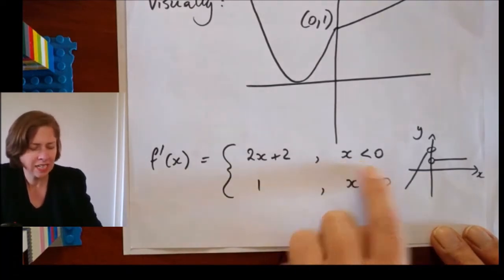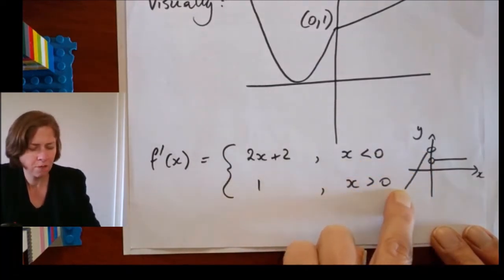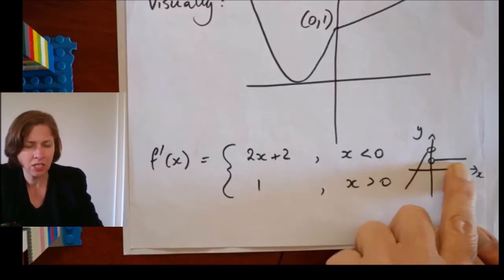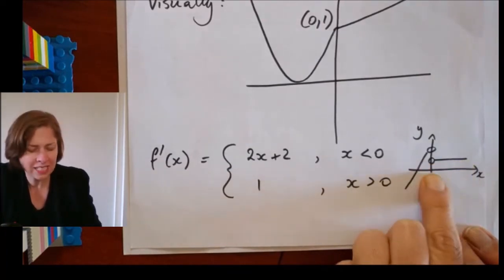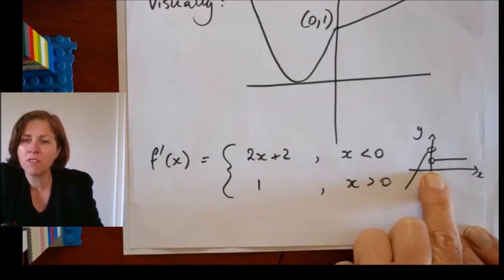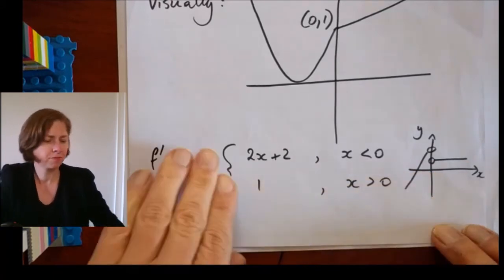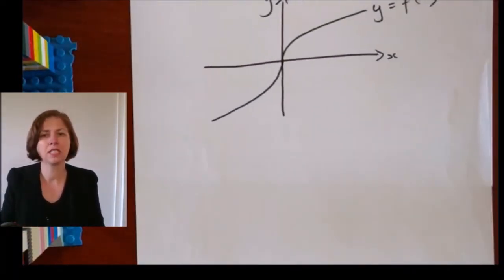So for x is less than 0, I have this straight line function. For x is greater than 0, I have a horizontal line. For x equals 0, the derivative is not defined. Okay, we're going to look at some further implications of this, and I'm going to start by looking at